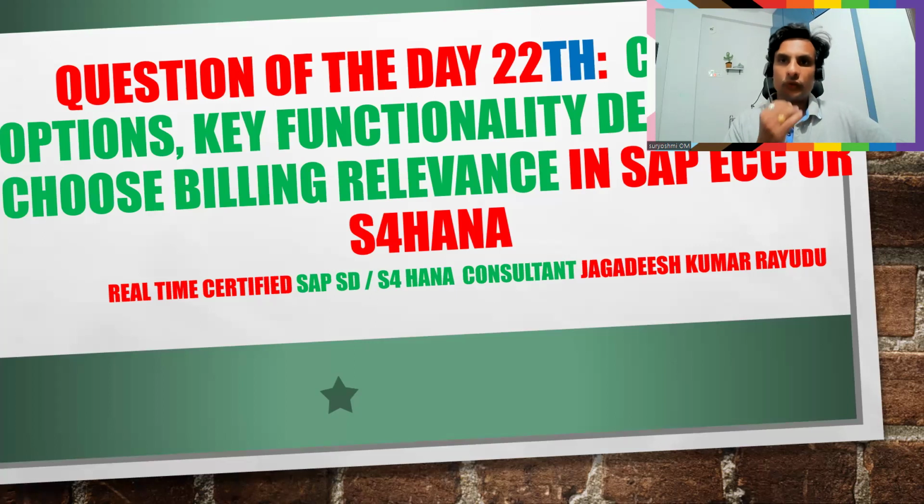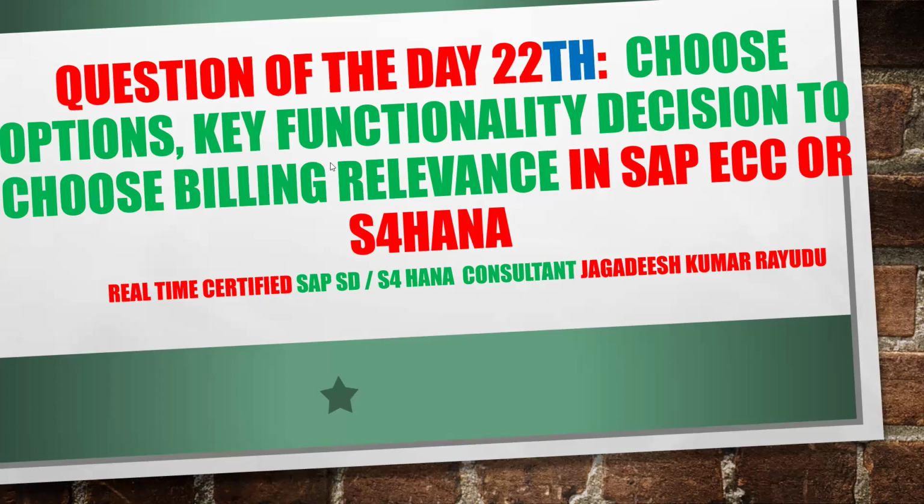Question of the day, 22nd. Choose options: key functionality decision to choose billing relevance in SAP ECC or S4 HANA. This is one of the simple questions. If you have proper basic knowledge, if you know the answer, you can comment